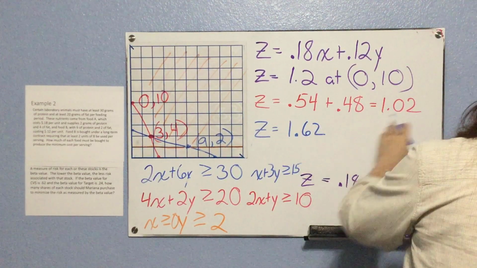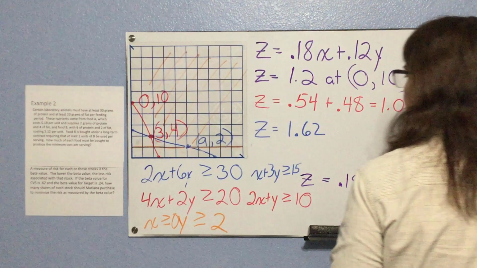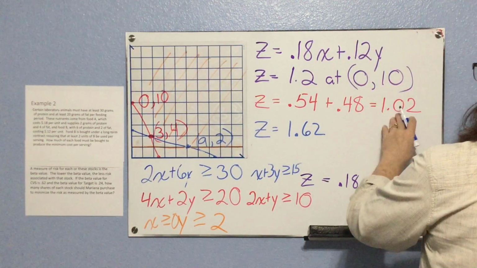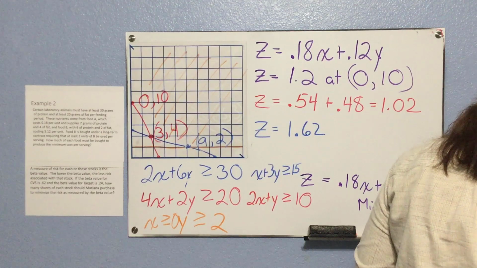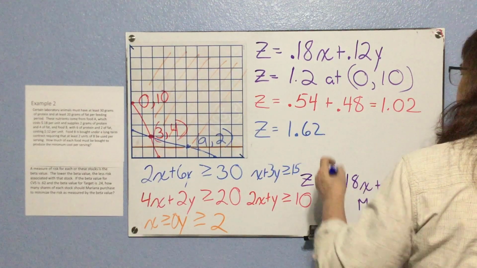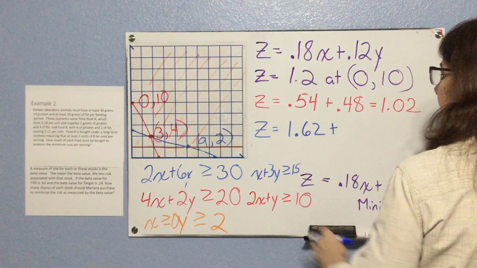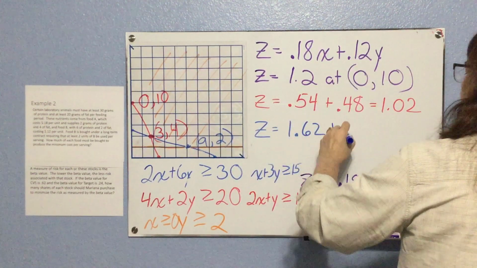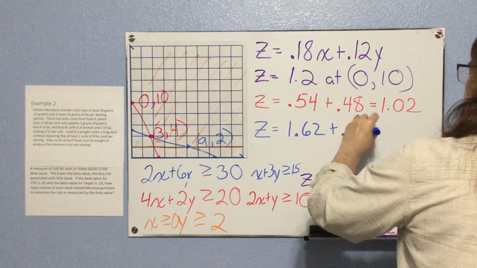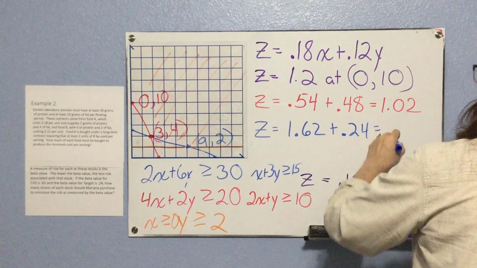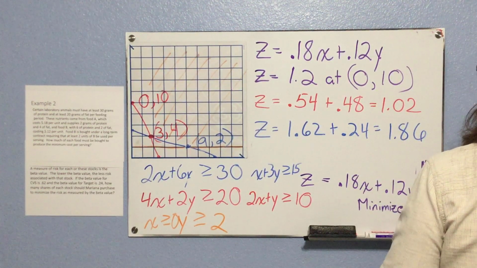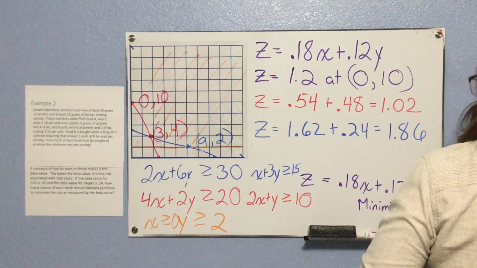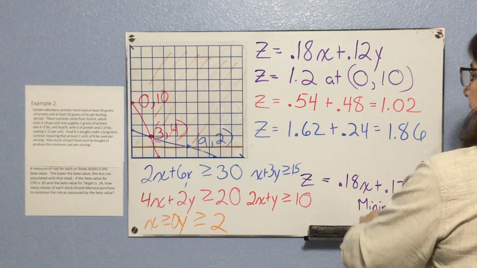Well, I can see already that that's not going to be the minimum because it's already bigger than this. But let's work it out anyway. 2 times 0.12, so 0.24, and this is 1.86. So since I was looking for the minimum,